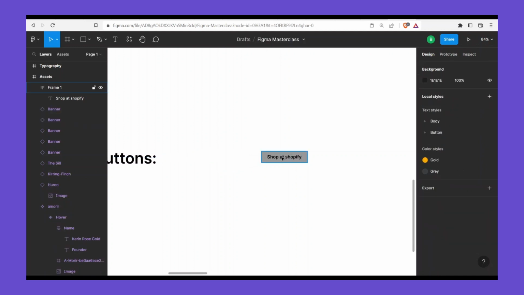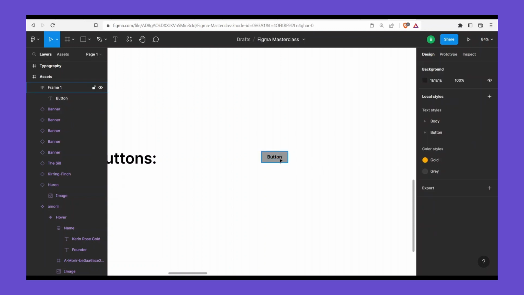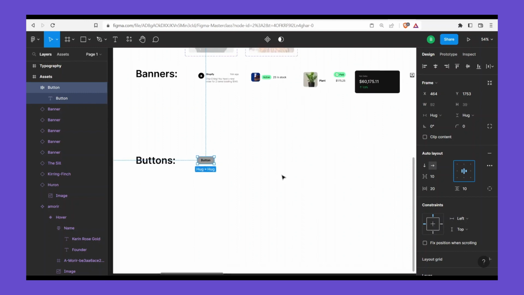I'm going to change this text to button as our placeholder text, and then I'll just drag this closer here, and I'll rename it using Ctrl R to button, and I'm just going to align everything inside of it to the center. Keep things clean, and I'll change the color of this frame